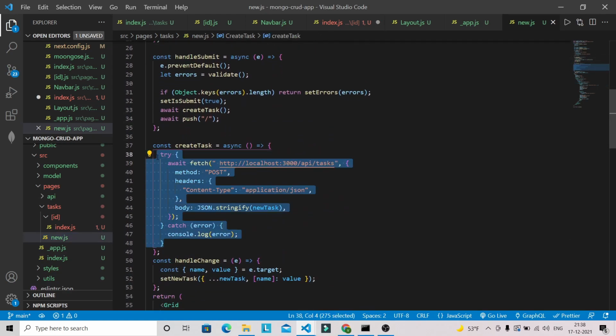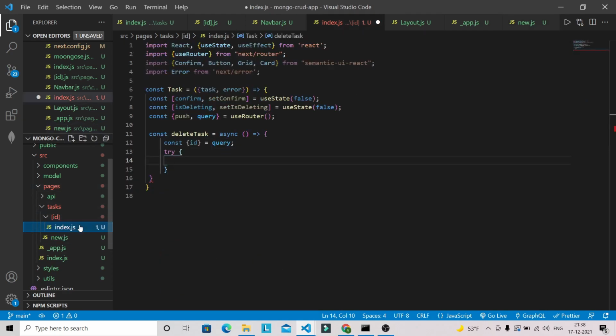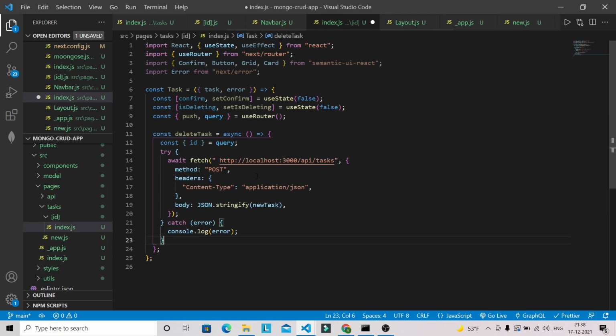I'll just have to modify it a little bit, but the code will be the same, almost. Here we are going to delete based on the id, so we need to adjust this. I'm going to use a backtick here, and add the id.